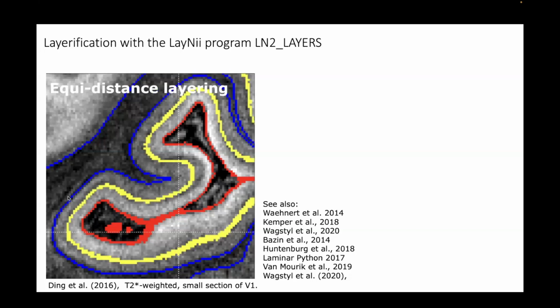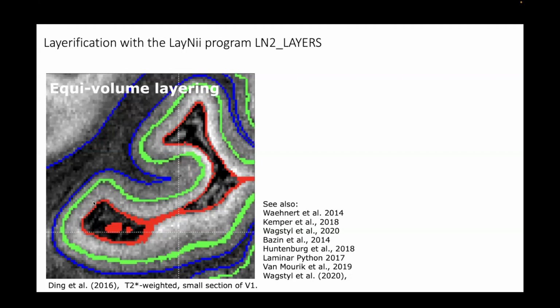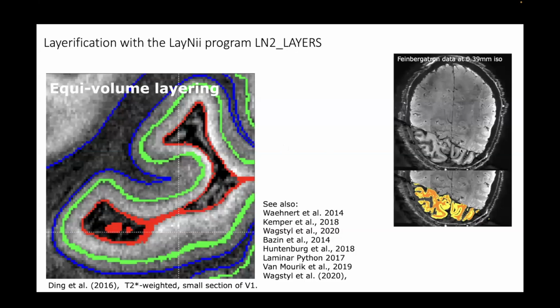So if you just take the distance of gray matter to white matter and divide it into 2 parts, it's not really capturing these orientation and curvature biases. For example, here we are too far on the left, here we are too far on the right. So we need these equivolume layerification algorithms, which seem to describe very well how the biology divides the different layers, namely having different chunks of tissue and then having a layer referring to a cortical depth by means of volume units. And we want to have this specifically also flexible enough for these kind of,